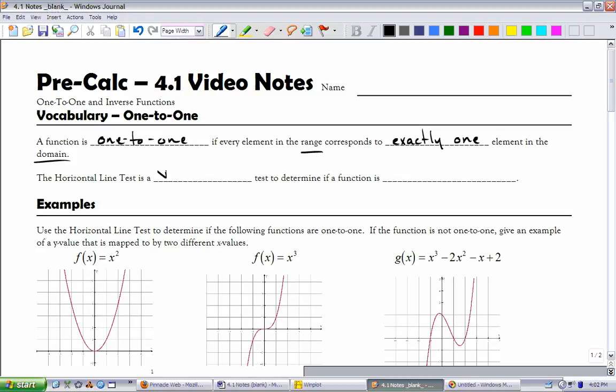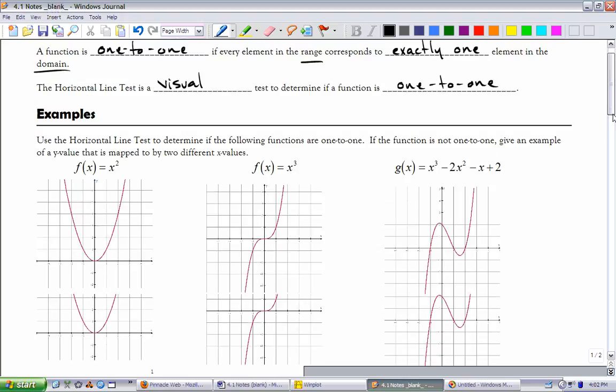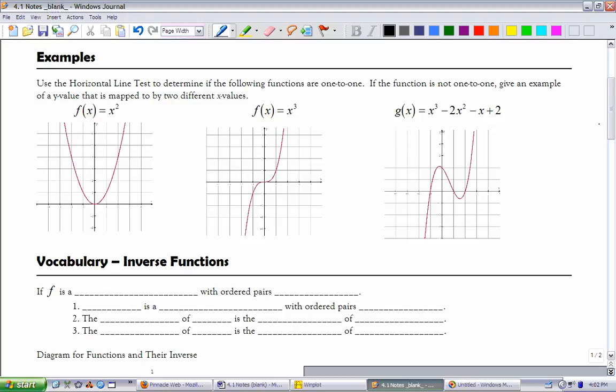The horizontal line test is a visual test to determine if a function is one-to-one. Okay? It takes just a second. It's not too bad, especially if you get the visual side of it. Use the horizontal line test to determine if the following functions are one-to-one. If the function is not one-to-one, give an example of a y value that's mapped to by two different x